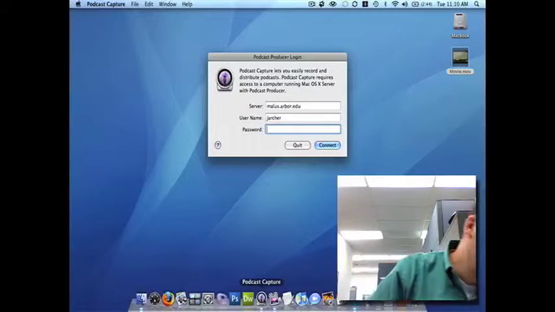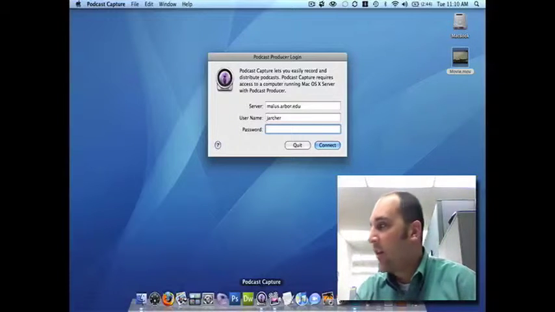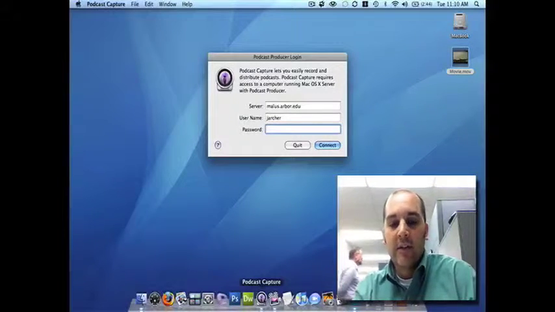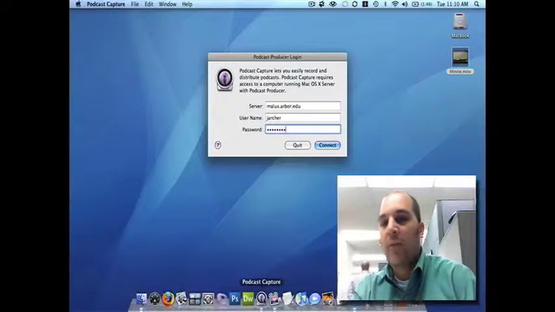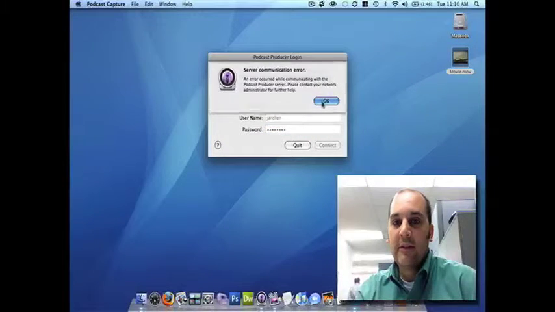And we want to be able to connect our network cable, make sure that you're hardwired in network-wise. Podcast Capture likes it when we're networked. And using the Podcast Capture,